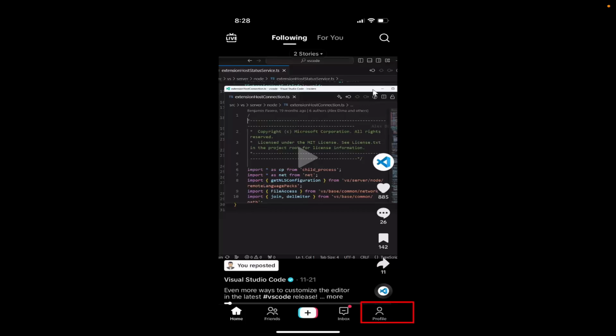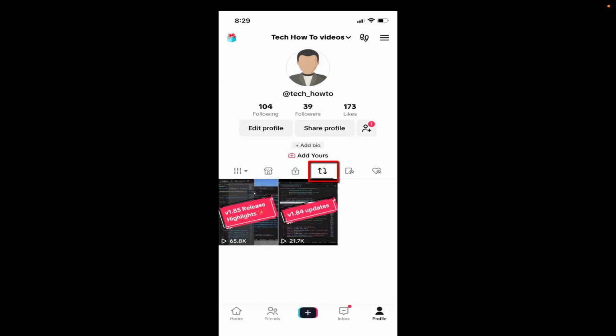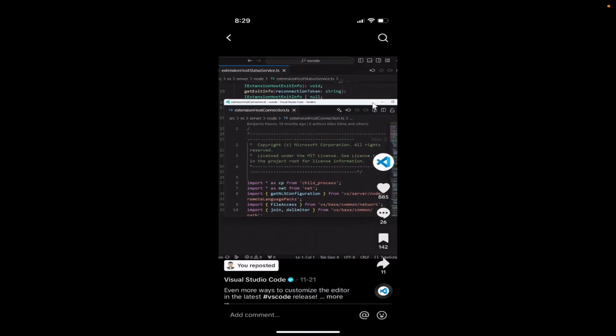Now in order to find the reposted video on your profile, click on your profile icon. So I'm going to click on the profile icon, and here you have the option for the reposted videos. So I'm going to click on the repost icon here, and here I can see these two videos I have reposted. So to remove the repost, I'm going to just press on one of the items,